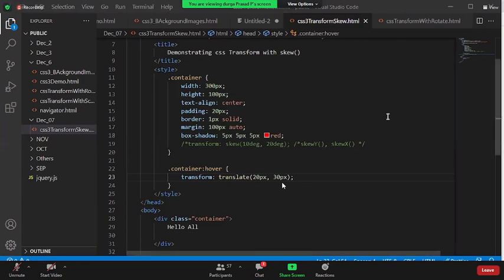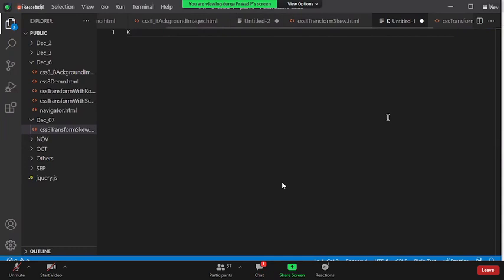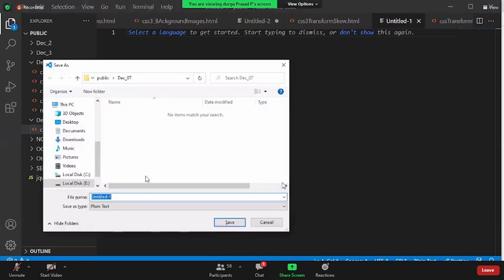So the another important concept of CSS3, guys, is applying the animation. Earlier, in order to get the animation, we used to depend upon JavaScript code, but now without depending on JavaScript, just by using CSS, we can apply the animation, which we call keyframes. CSS3 keyframes, one of the very, very important concepts of CSS3. Before going with the keyframes, let me create a simple example.